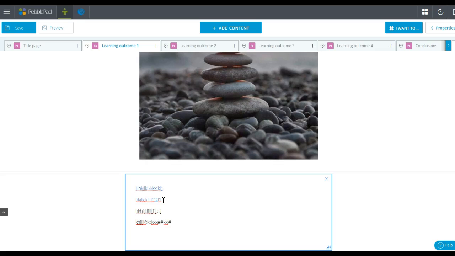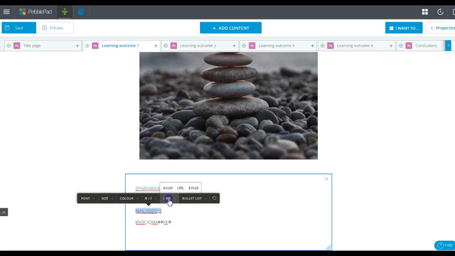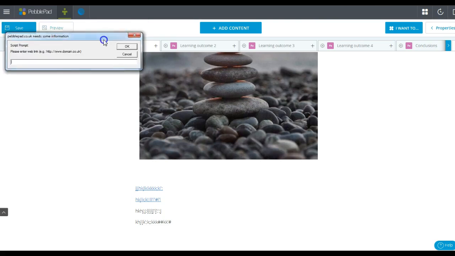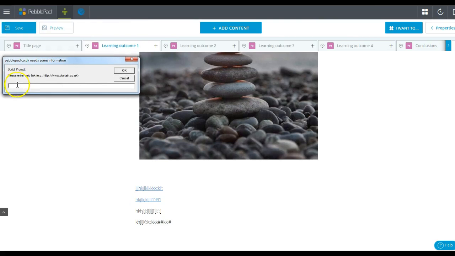So the asset doesn't have to be in your asset store. You can go find it through the upload feature and link it directly, and then it automatically goes into your asset store as well as linking into the text. The other option you have here is to highlight that and link to a URL or website. So it may be that in this instance, what I'm actually looking for is to link to a website as a supporting resource, etc. So if I just type one in,